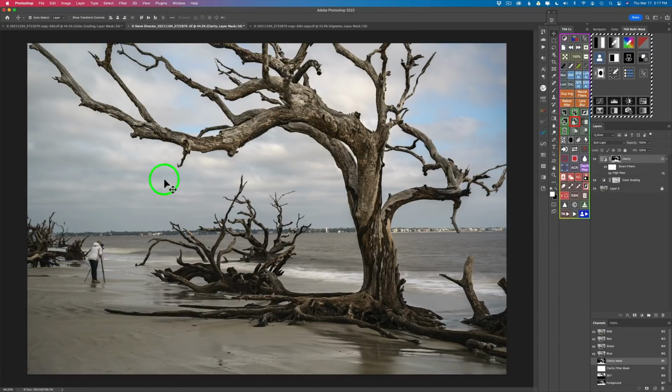Next, I'm going to tackle the sky. I want to actually do a reverse clarity up here. Now, I can't use this clarity action because this clarity action adds clarity. I need another type of clarity that's going to remove clarity, and to do that, I'm going to use